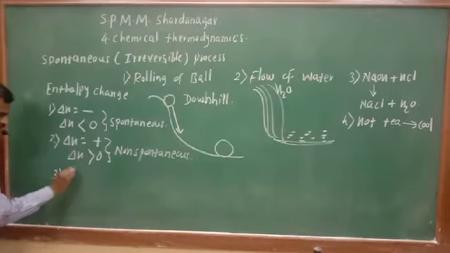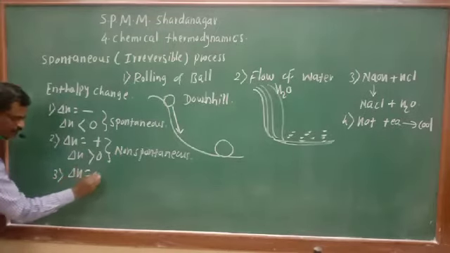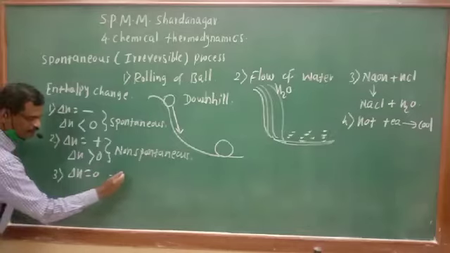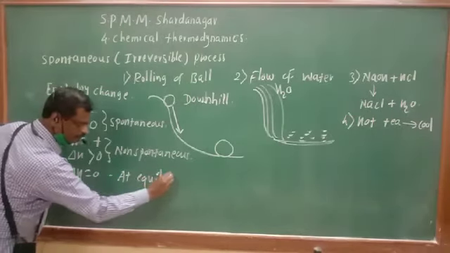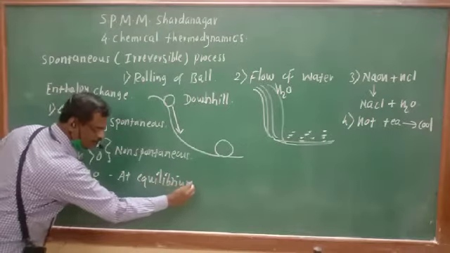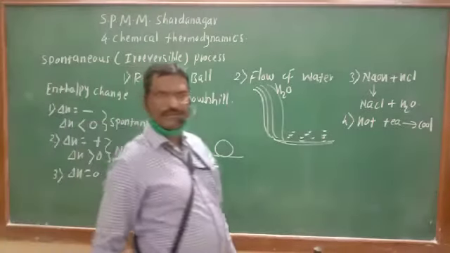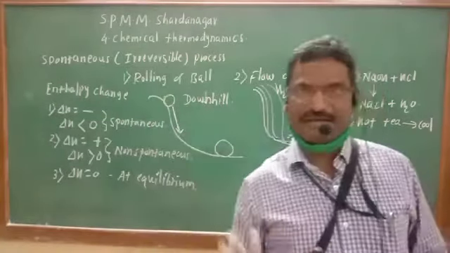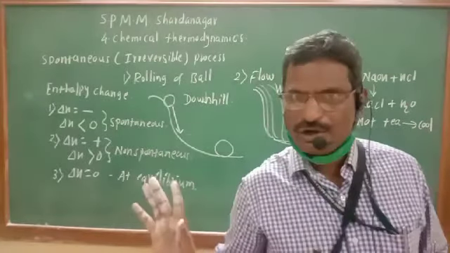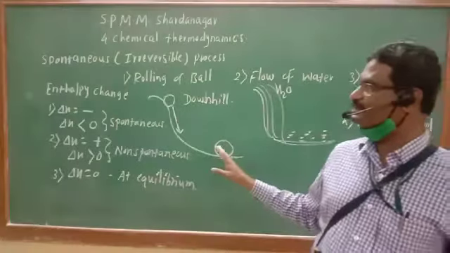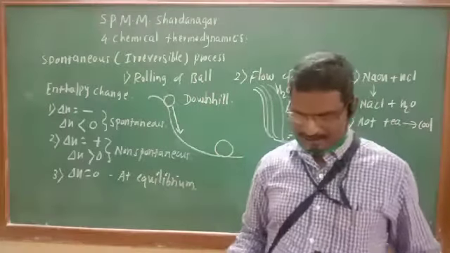And third case, whenever delta H is equal to 0, this is the process at equilibrium. The process is stopped because it has maintained the state of equilibrium. So this is there on the basis of enthalpy change for a spontaneous process. But